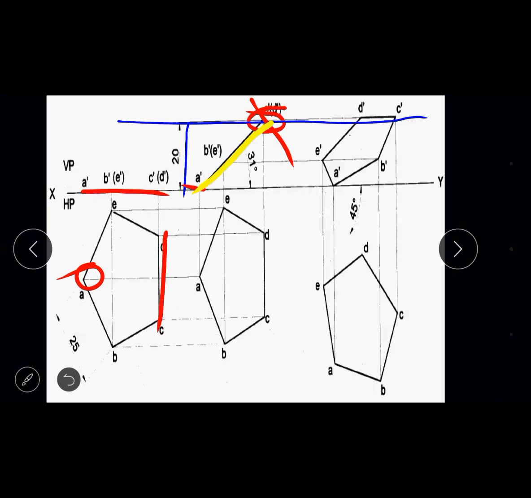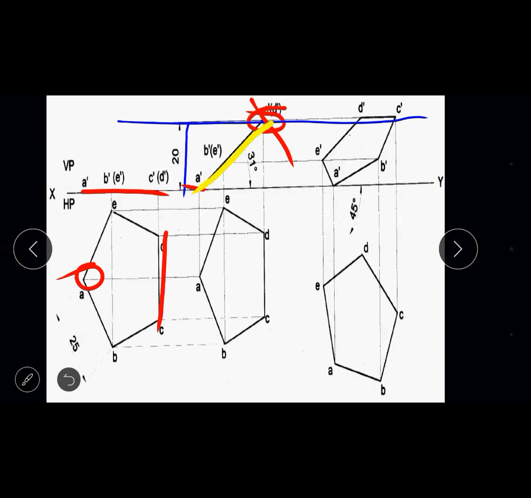So the edge CD is placed opposite to the resting corner. That edge CD you have to place at a distance of 20 mm above HP. So consider a vertical line of 20 mm above the XY line and draw the locus line. Your locus line will give the boundary line for your front view. Measure the front view of the lamina, cut an arc on this locus line and join it. And then measure the angle of this front view. So it's given 31 degree.